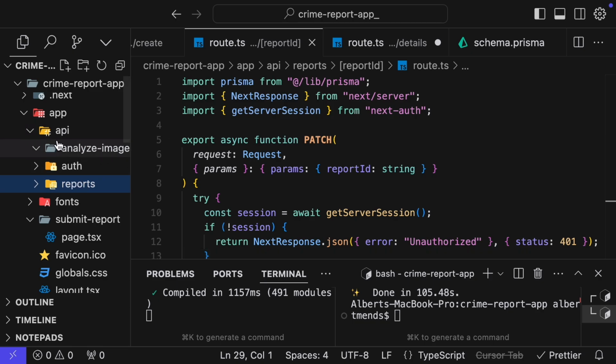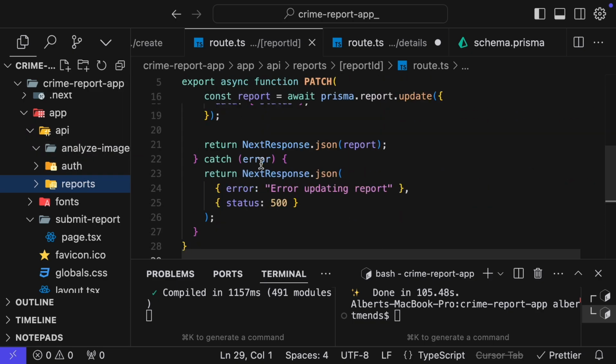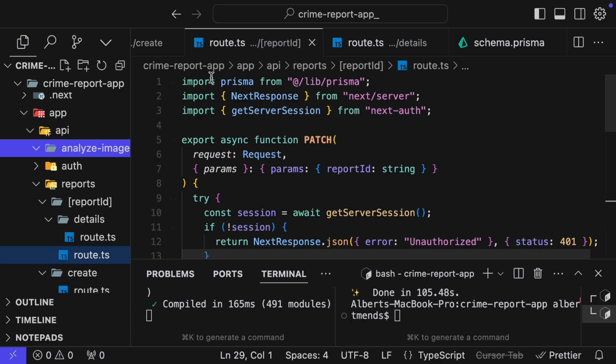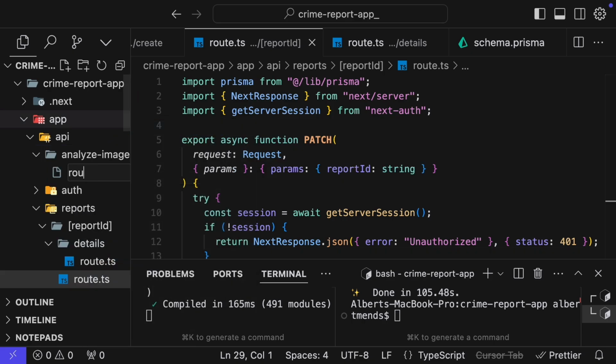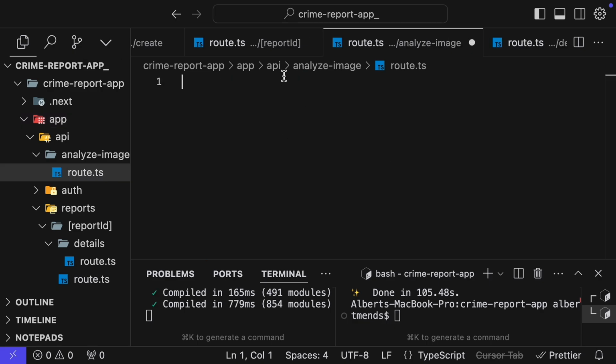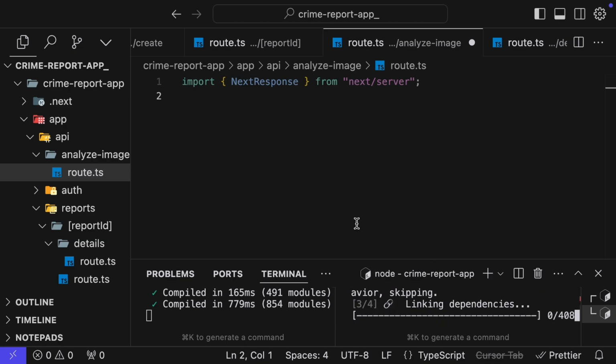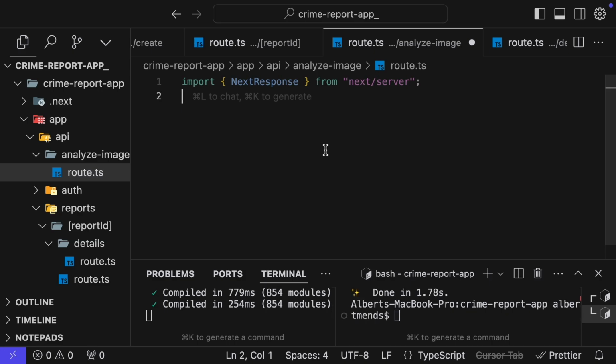Let's work on the analyze image endpoint and test it out, right? So let's create the route for analyze image. So we have route.ts. Over here, we are going to import NextResponse and import Google Generative AI. So let's install the package. We have yarn add Google Generative AI. So we have that installed. We import it over here